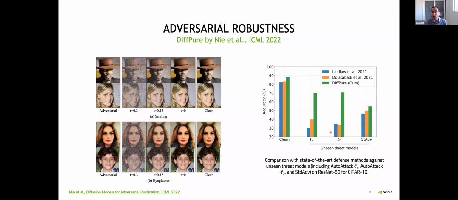In this chart, I'm comparing our method against some of the state-of-the-art models in the literature that are designed for unseen threat models. These models, similar to us, don't know what kind of attack will be used at test time. And you can see that these diffusion models, by a large margin, outperform the prior works in this space. It's really exciting to see that generative models can now actually help us with getting rid of the adversarial